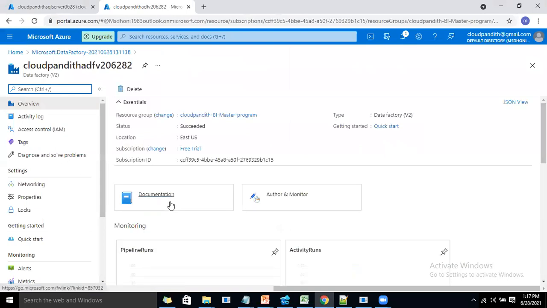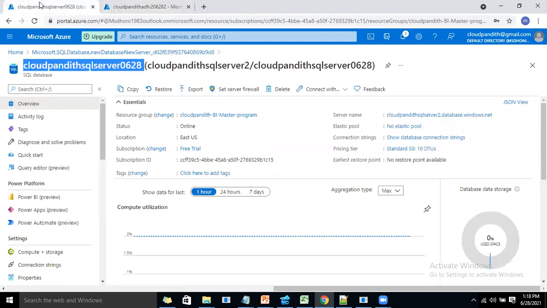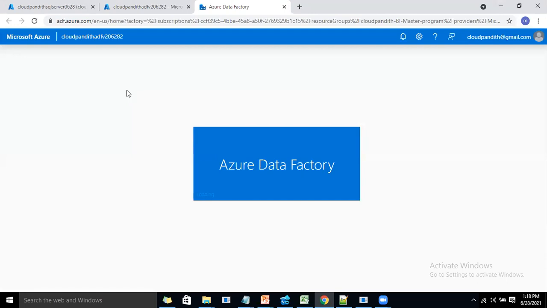So now we have our target ready. Our REST API URL is with me. The same URL you will receive from your client. And our database is already available. In real time, as a developer, you are not responsible for creating it. If you're working in a startup, maybe you are responsible for creating it, but if you're working for an MNC, you're not responsible for creating this. There is a dedicated team for that. So now we have the REST API and our target SQL database, both are available. By using ADF, I want to read data from the REST API and load it into the SQL database.